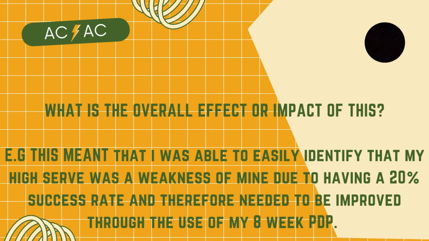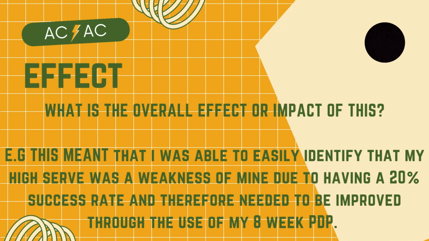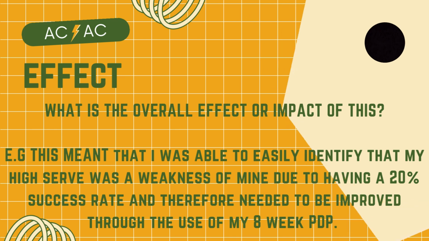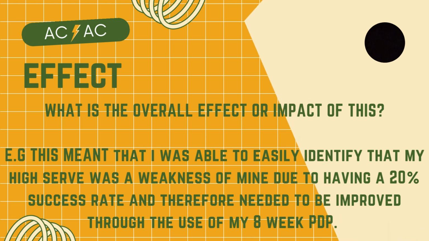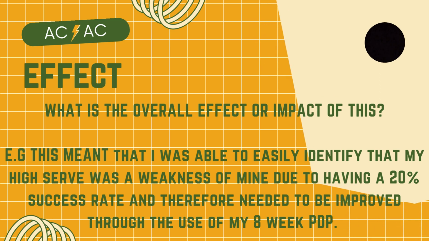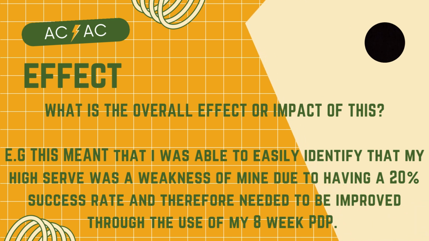To round off your point and gain the mark, you need to make sure you are completing the effect part. So what is the overall effect or impact of this, i.e., what is the effect of what you have highlighted before in the judgment and evidence part? So for example, this meant that I was able to easily identify that my high serve was a weakness of mine due to having a 20% success rate and therefore needed to be improved through the use of my 8-week PDP. Again, we are constantly talking in the first person and in the past tense because